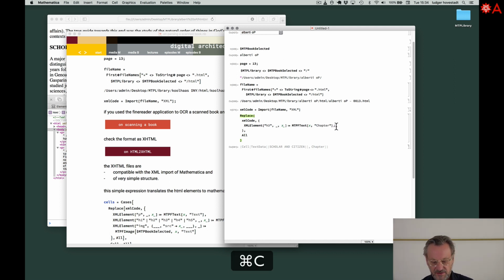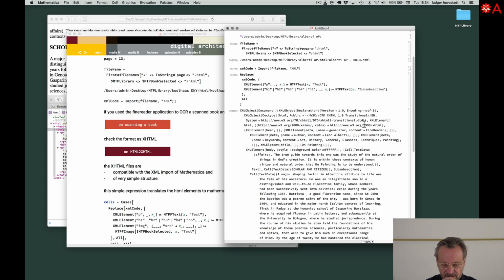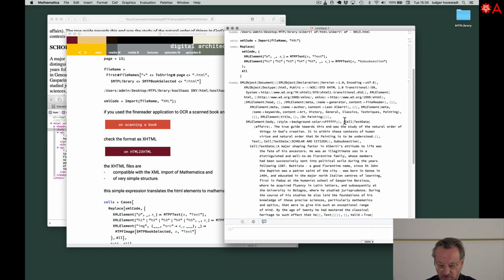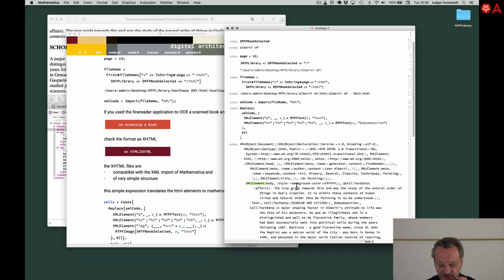So then we say we can do this, and the H, we say this is P, and we want to have that as text, and we want to have H, say H1 or H2 or H3 or H4 or H5 as a section, whatever. So if we do this, then we see we have all this XML, HTML stuff, but where the interesting thing starts here, we have Cell, and so on. Because this is everything we are interested in, all the rest we want to ignore,